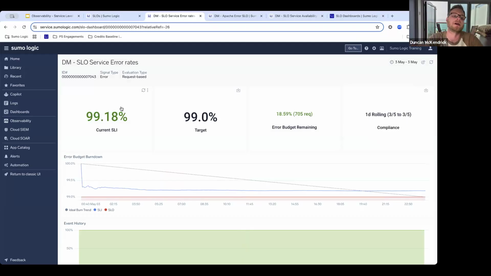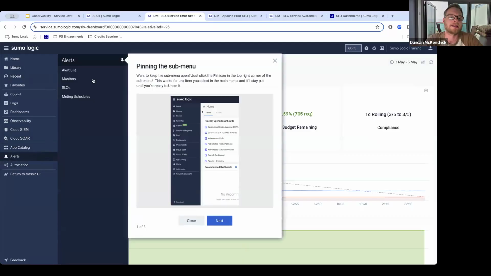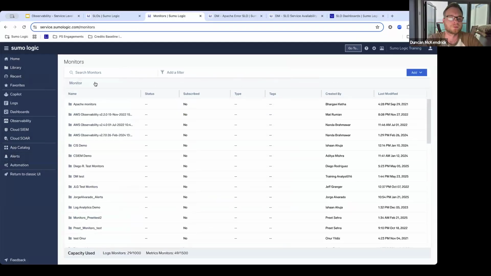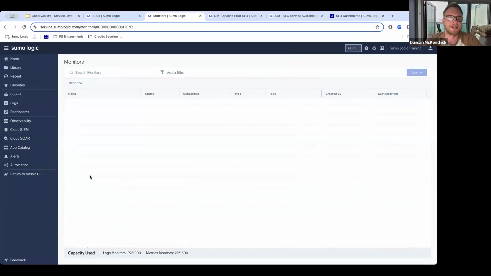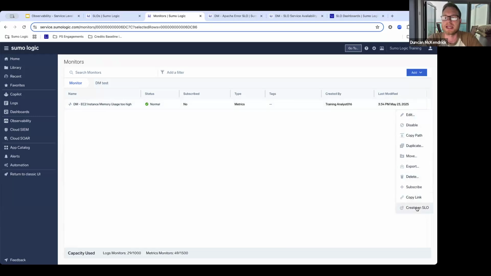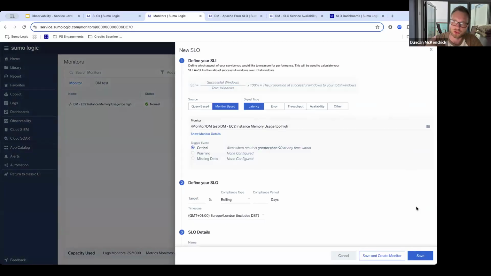I mentioned monitors, didn't I? So if we just jump back to the main menu here and go to alerts and then select monitors, I'm going to go to my lovely test folder here, DM test, and here's a monitor that I created earlier. Basically looking at CPU usage, so this could be considered saturation. And if I click on the ellipsis on the right-hand side of the screen, we can then go to create SLO. So this allows us to jump straight into that SLO builder. It's already selected monitor based. It has incorrectly selected latency, but I'm going to forgive the system for that because it's not actually built to automatically select that. So I'm going to select other,